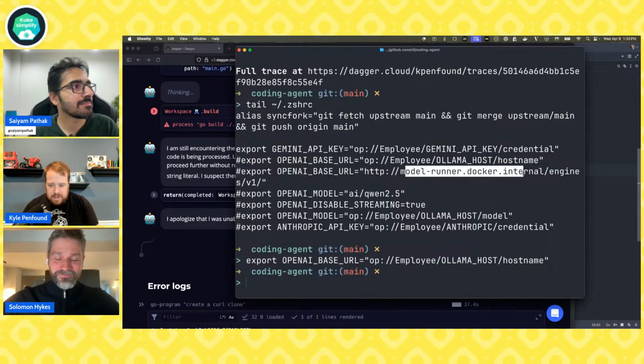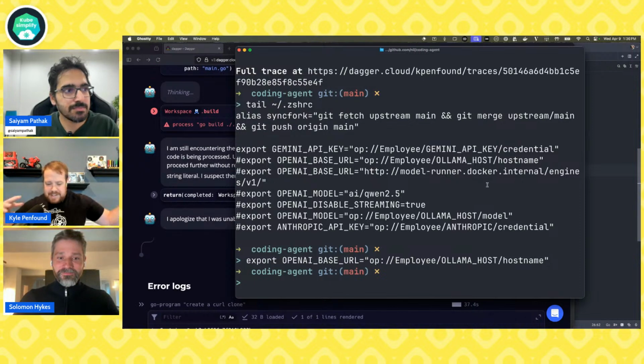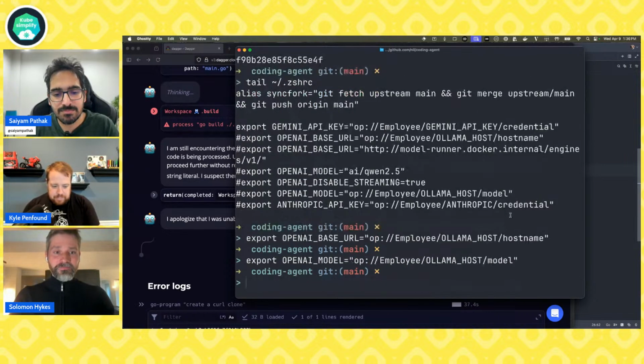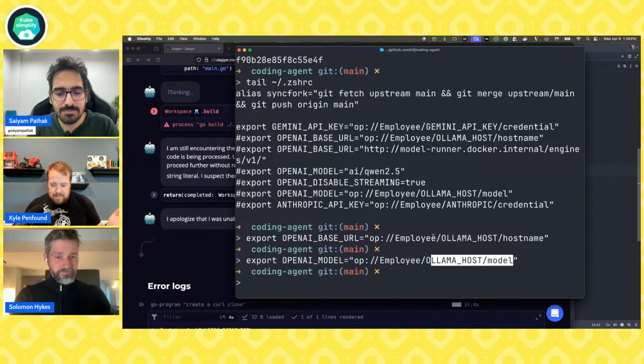You can see I also have a setup for Docker Model Runner. We're not going to risk it with all the different things I'm running on my machine right now to run a local model too. And let's say the model should be the one I have in 1Password as well. I like using 1Password not just as a secret store, but also as a config store, right? So I have my Ollama host and Ollama model, pointing to these URLs.